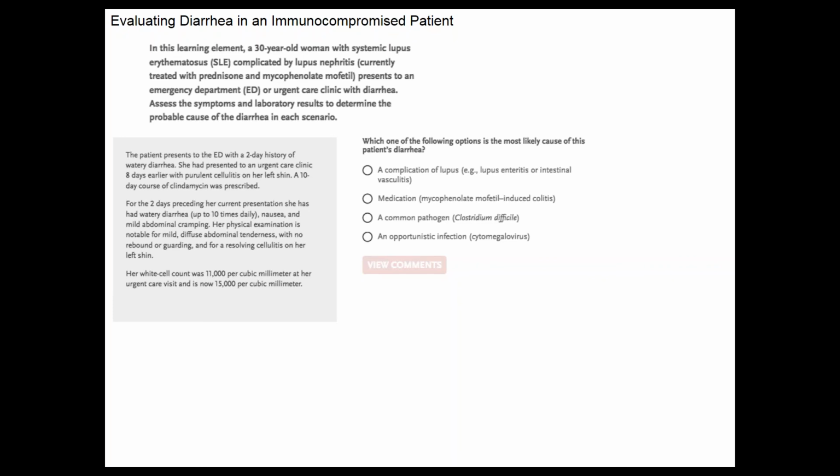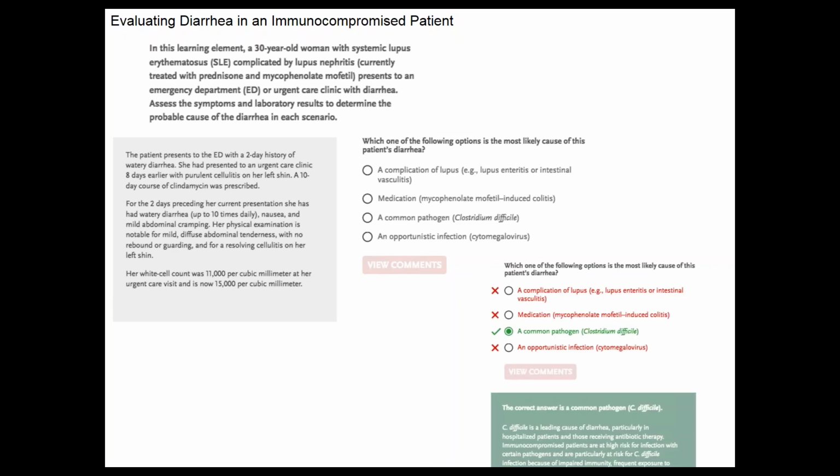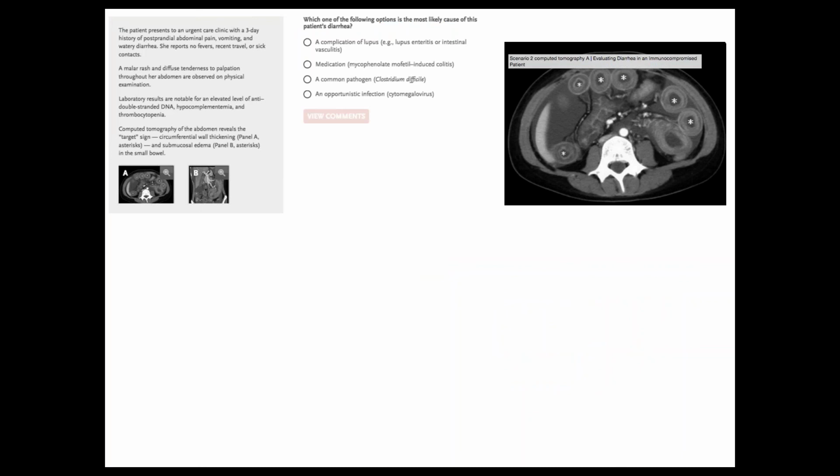So what can we learn from this? Which of the following options is the most likely cause of this patient's diarrhea? The most common pathogen would be Clostridium difficile. However, we didn't see that. So the patient, we're shown,